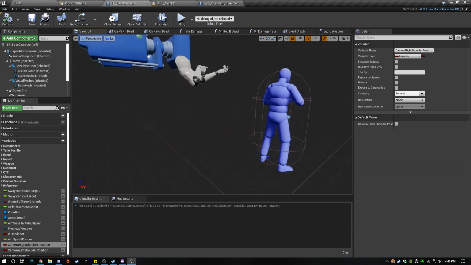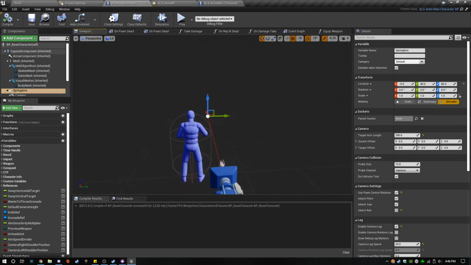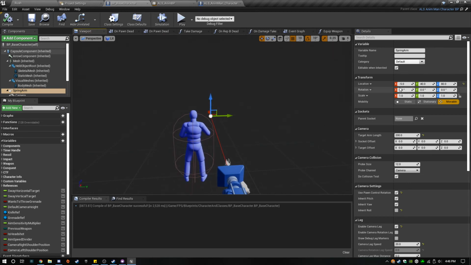Basically, to allow certain situations in the game to function, this should be a 0. And to allow player preference, some players prefer the camera on the right shoulder, some prefer it on the left shoulder. So we're going to add that option to switch which shoulder you're on. Some players actually will switch. I know I play a number of games where I'll actually switch shoulders based on what direction I'm rounding a corner. And when we do a little bit of gameplay, you actually may see me do that a little bit.